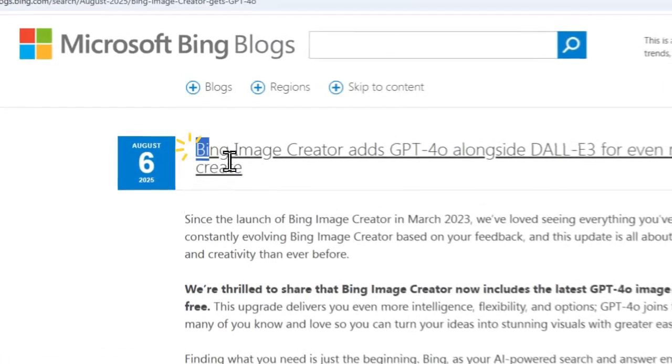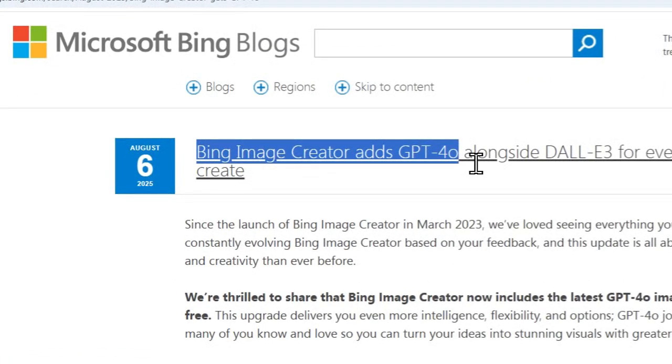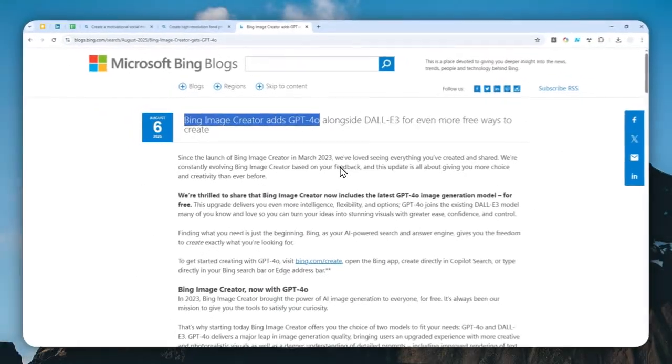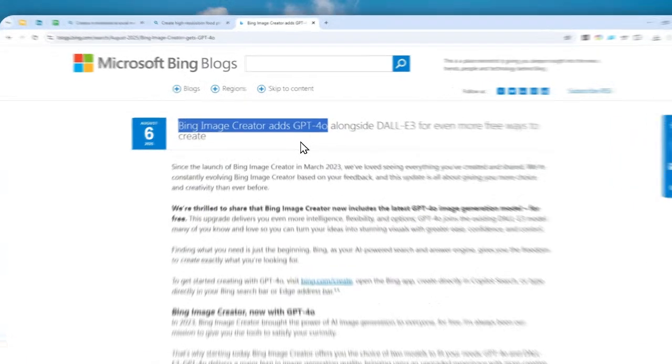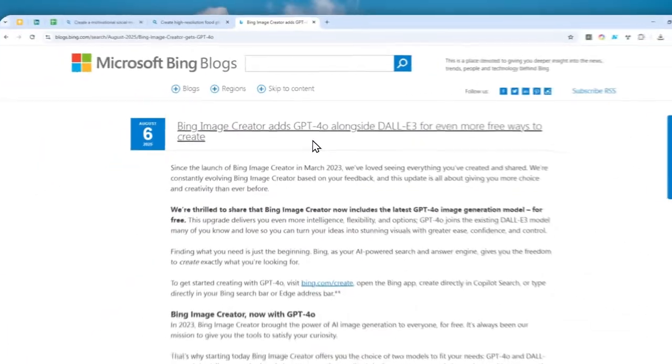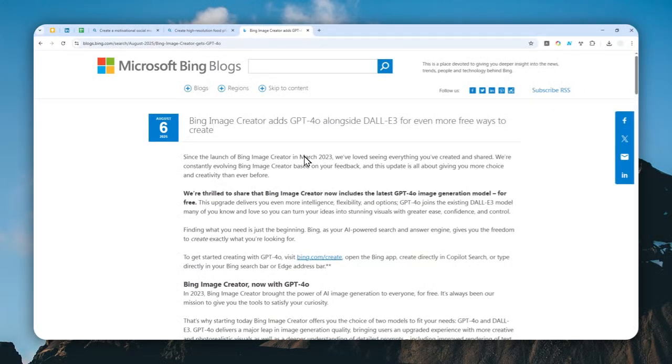You can now create images with GPT-4o in Bing.com. So it's not every day I could recommend Bing.com as a search engine, but this is one of those days. Microsoft just added GPT-4o image generation, which is the model that is now currently being used by ChatGPT